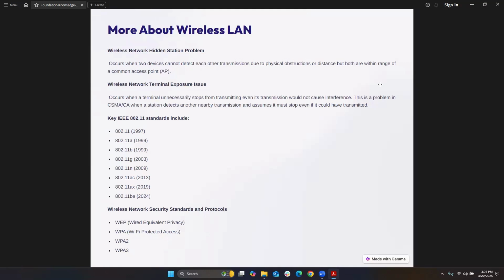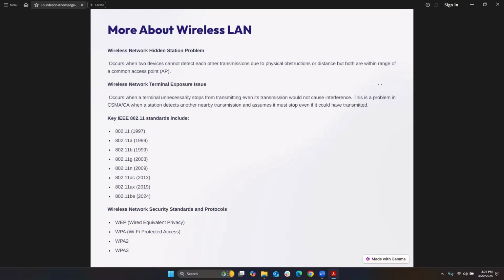So if we look into more about wireless LANs, there are challenges in wireless networks. One challenge that we find is the hidden station problem. This occurs when two devices cannot detect each other's transmission due to physical obstructions or distance. Even though they are within the range of the same Wi-Fi access point, it is hard to detect. Since these devices don't know about each other, collisions may happen, causing slowdowns or retransmissions. So the solution is to use the request to send and clear to send mechanism in